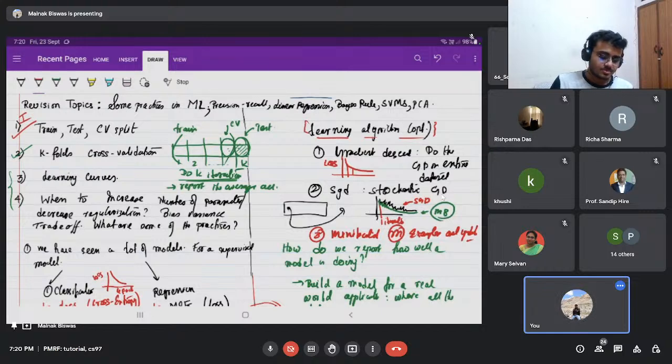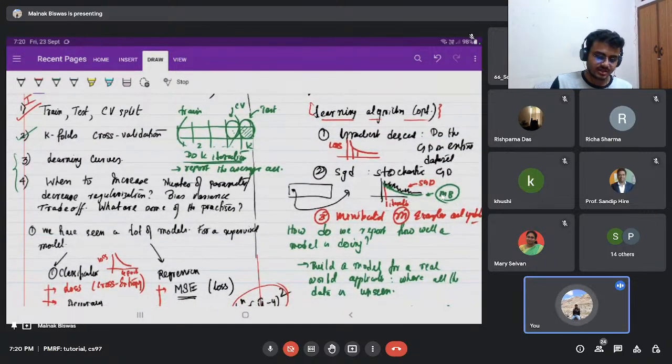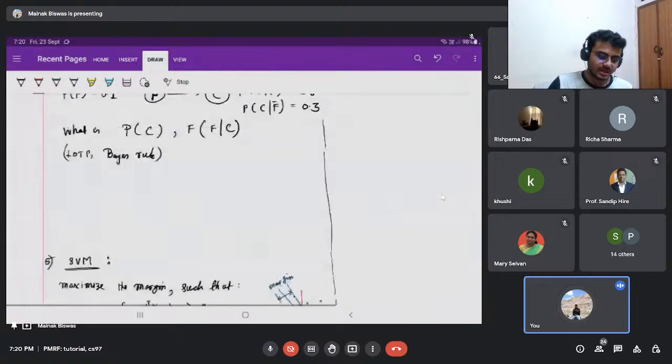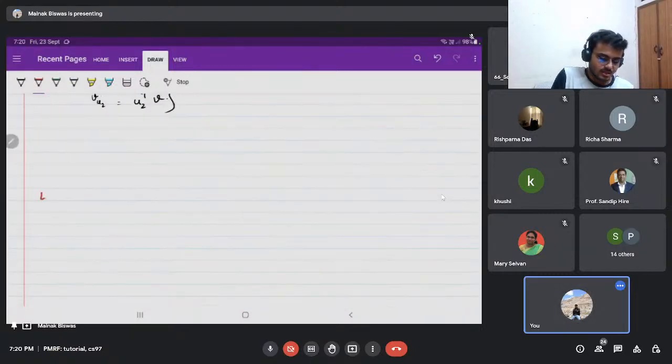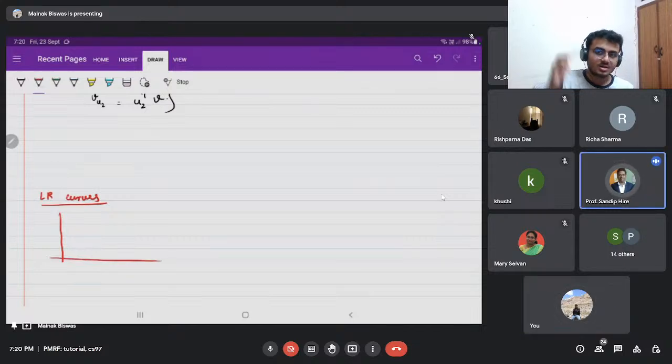So I'll come to learning curves now, and then we will go to the revision that I have planned for today. Learning curves. What do I mean by learning curves? Gradient descent is applicable mainly where